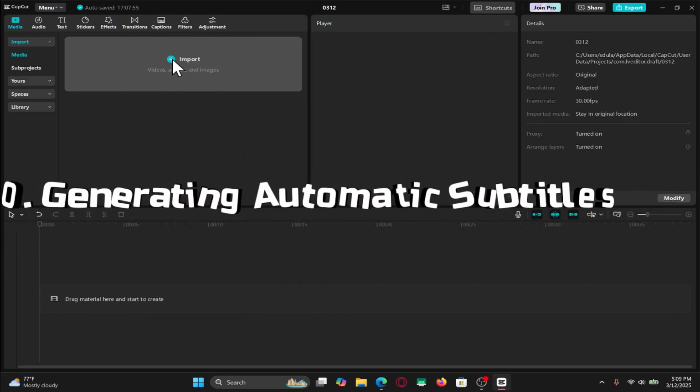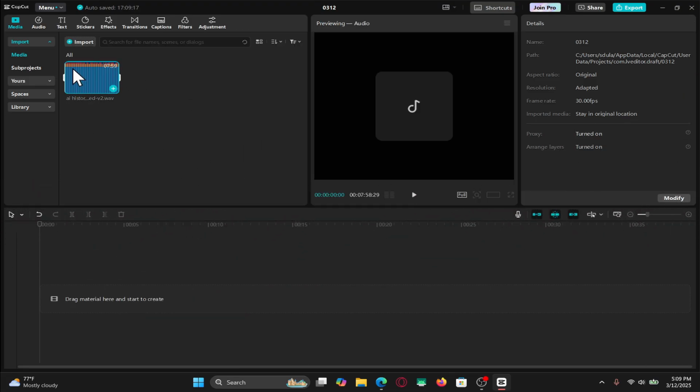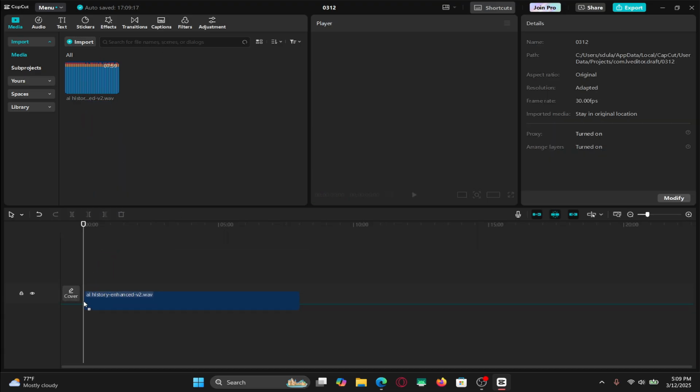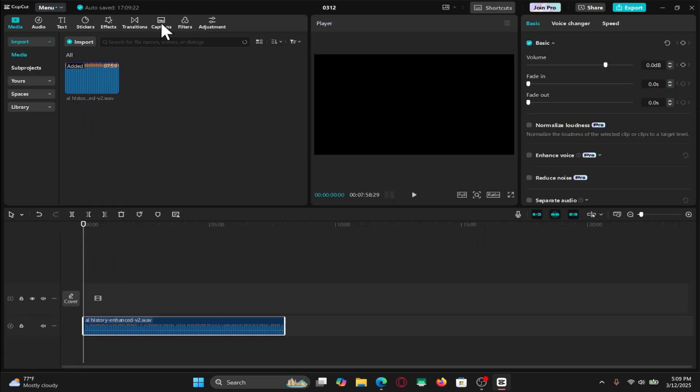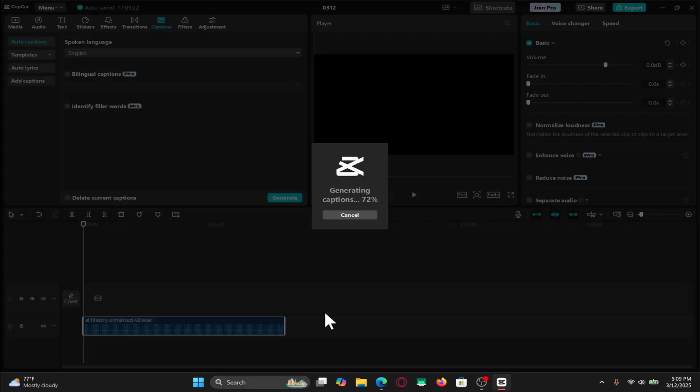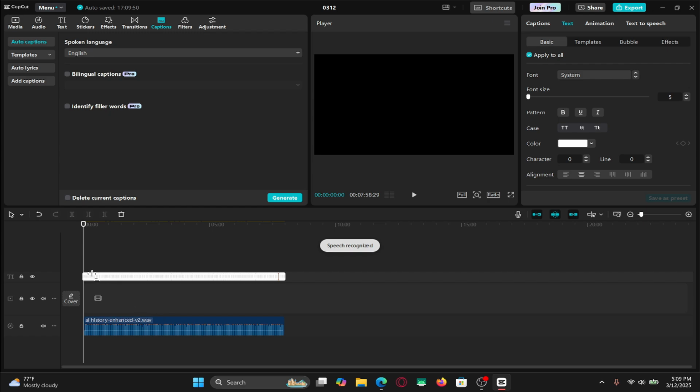To generate automatic subtitles on your video, open up the video or audio file containing the voice. Then just drag it to your timeline, and now click on Captions at the top section. Now from the Auto Captions menu, choose your spoken language, and then just click on the Generate button. You will need to wait for some time until the captions are generated. Once it is done, don't click anywhere else, as right now you can make changes to all of them at the same time. You can click on the play button to see how they look right now,